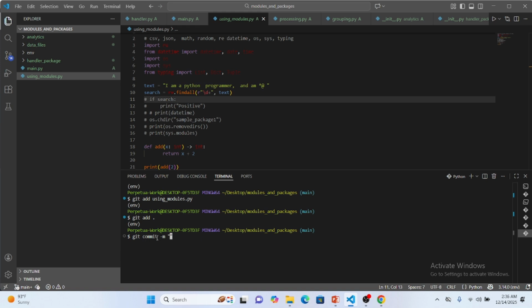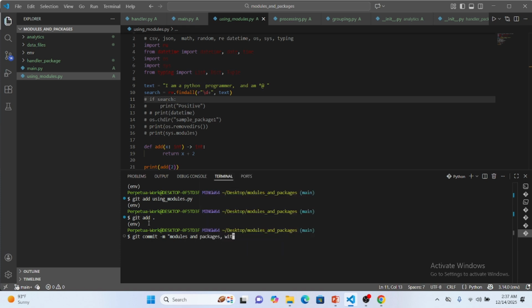The message should be related to what you did, or a milestone that you have achieved before you added this to Git. Assuming you are working on a website, which is a full project, when you are done with the landing page, you can say done with landing page, something like that. So here we are going to just say modules and packages